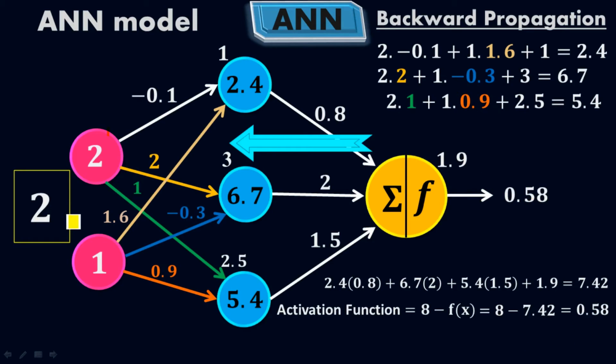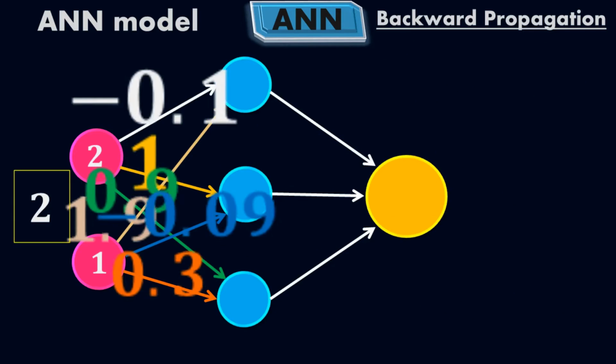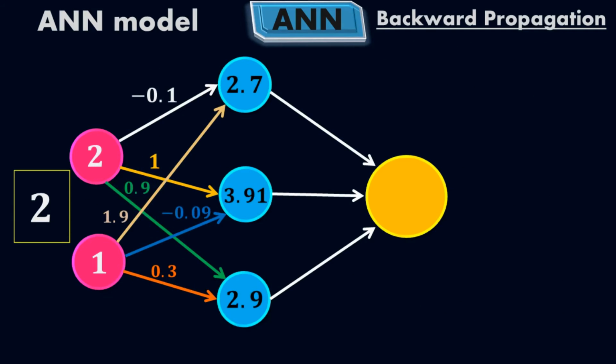Now, the output has to be 2. We are trying to predict 2 as an output. Now, what the model will do, it is an auto system. The model will again do the optimization process. It will update randomly all the weight values and all the bias values during the backward propagation and the forward propagation. Now let's go for the second try here, where we need to update the random values of the weight